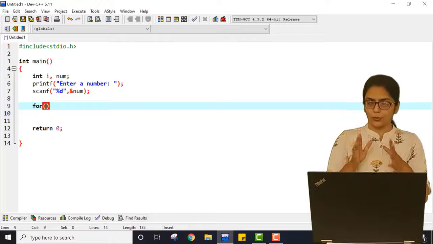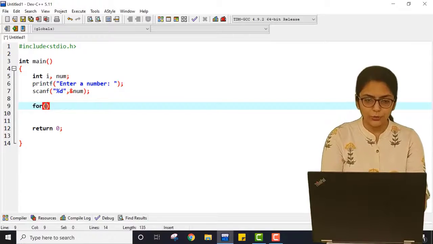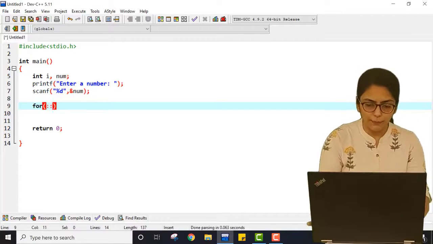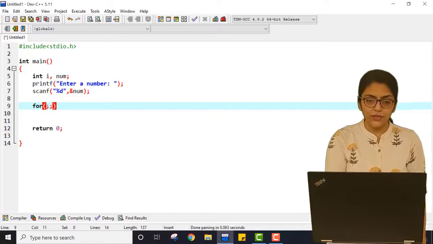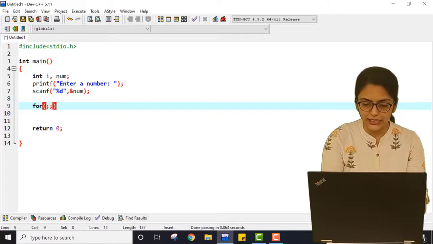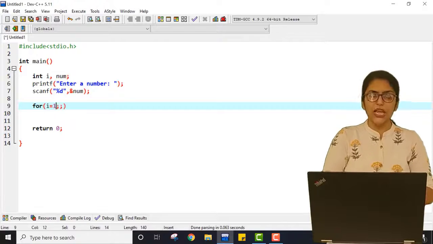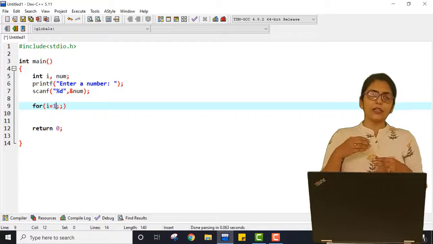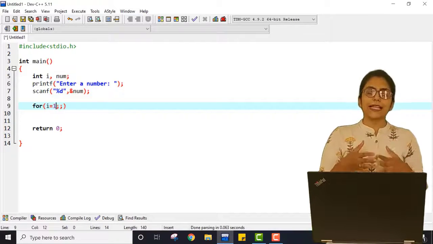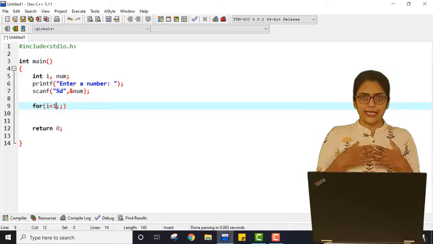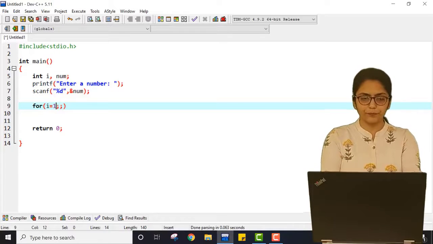So I am creating a for loop in which I need to write 2 semicolons compulsorily. Right? First I am just initializing it by using i equal to 1. I can initialize i with any value, but here for the sake of simplicity I am initializing i with 1.